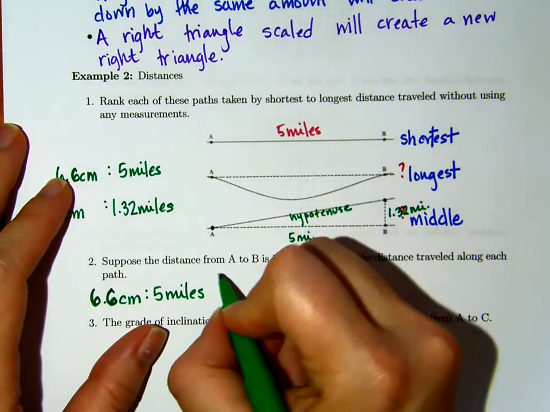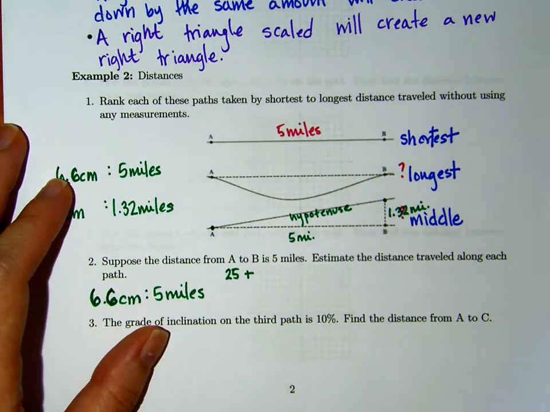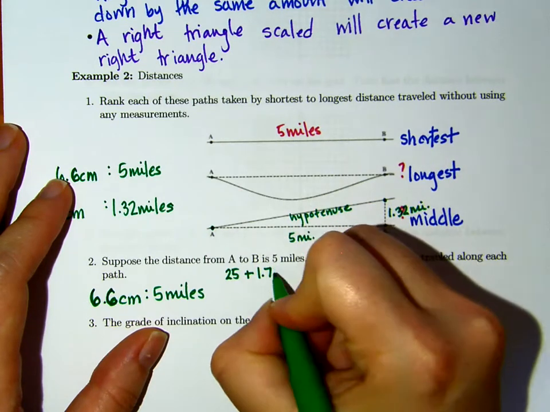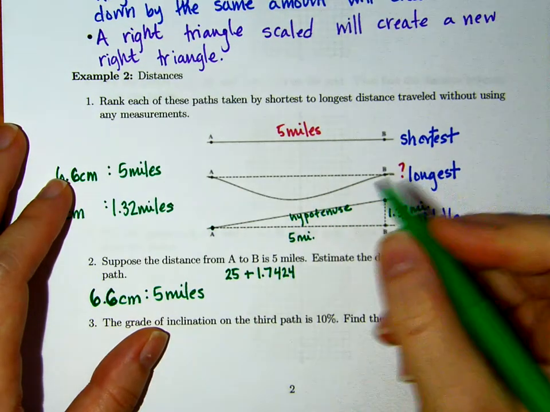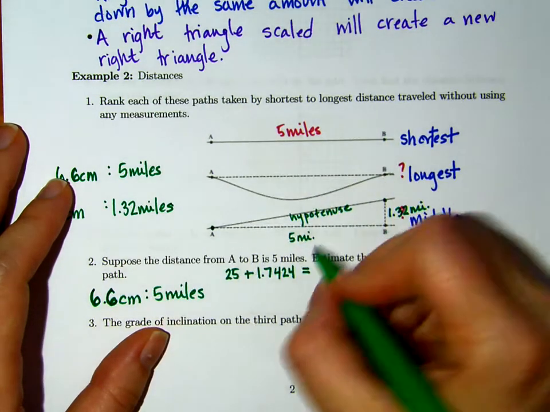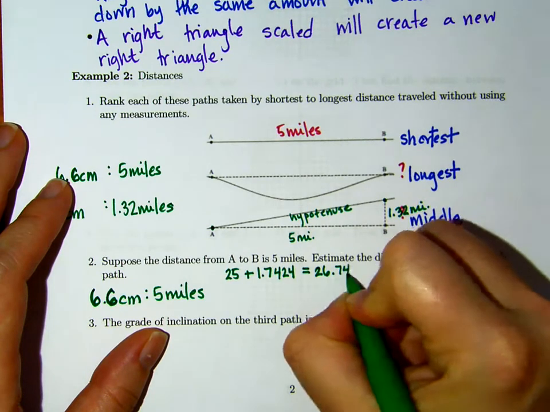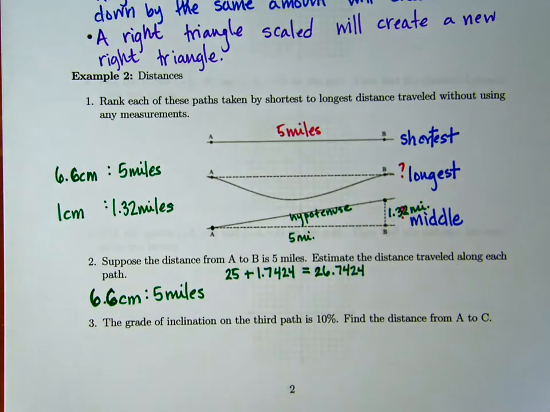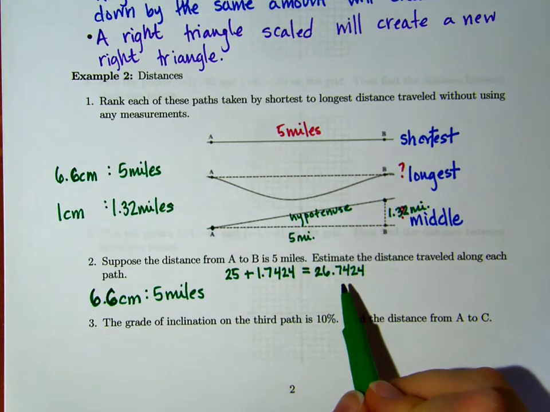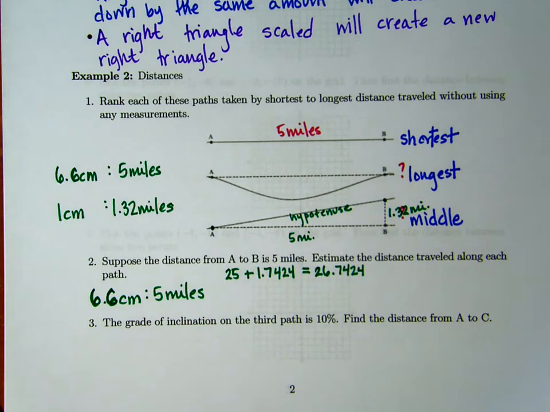Okay, so 5 squared, 25. 1.32 squared is 1.7424. And if we add that, we get 26.7424. But we haven't taken the square root. This would be c squared. So we have to square root this. And if we do that,